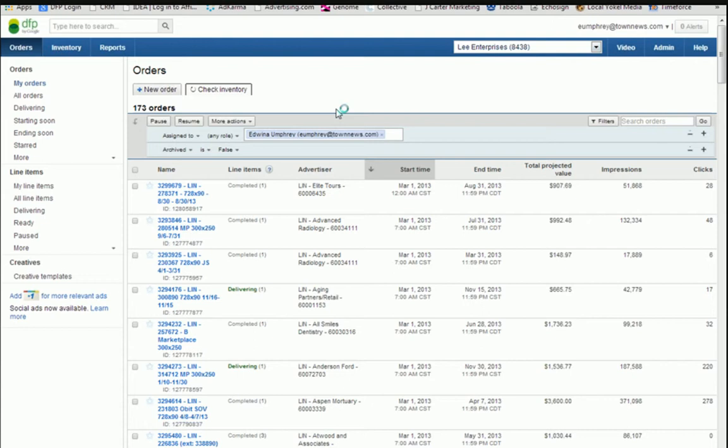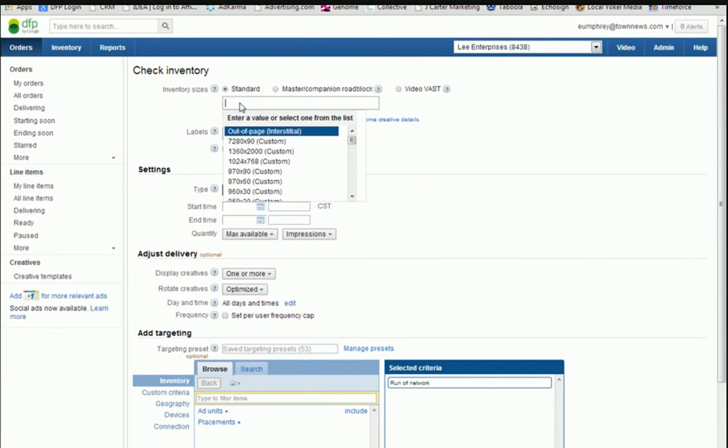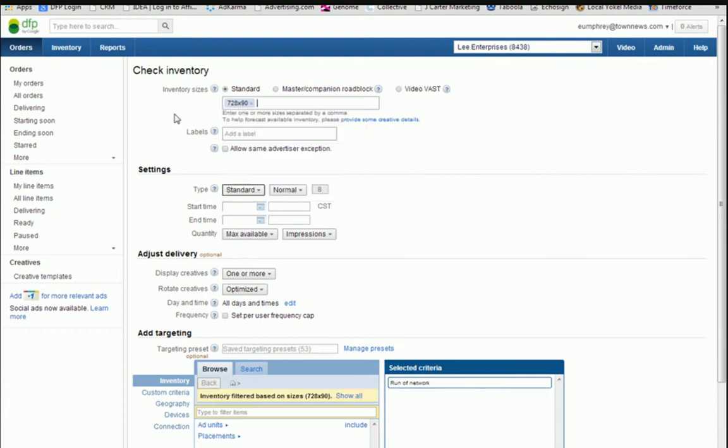In this case, everything is either standard sizes, a master and companion roadblock, or a video tag. Standard sizes will all be listed in the drop-down menu. Some of these will be on your site, some of them may not be. I'm guessing you will only see what is available on your site as part of your team and the parameters that we set up when we give you a login to DFP. So if you wanted to, say, do a 728 by 90 leaderboard ad,